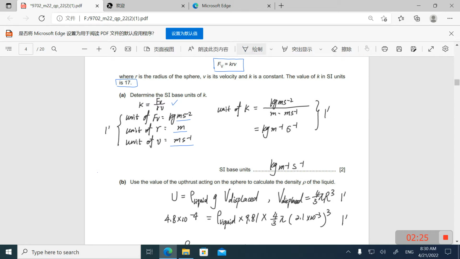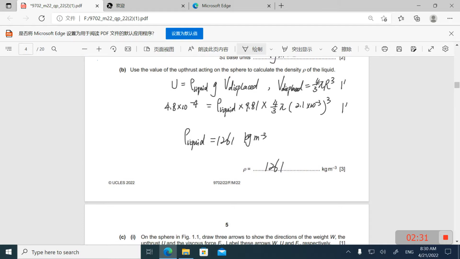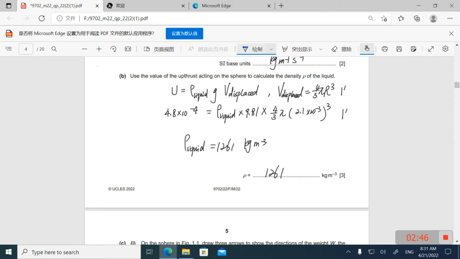Now the second part is: use the value of the upthrust acting on the sphere to calculate the density rho of the liquid. Now we are going to find the density of the liquid in this part. And you can see that this formula is given to us in our formula page, that one is F equals rho G V. So this is in our formula page, where rho is the density, G is the gravitational field strength, and V is the